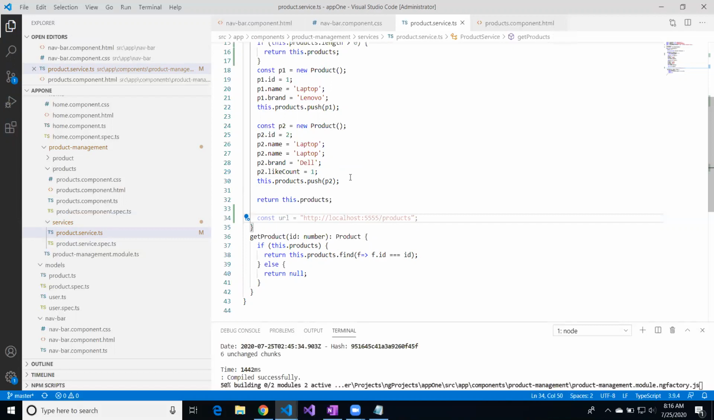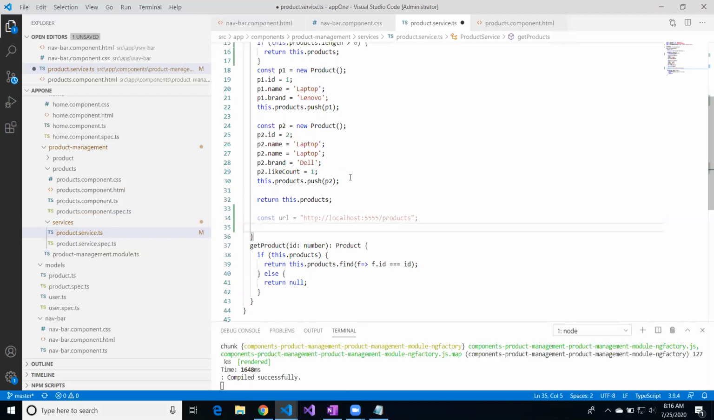So Angular provides something called HTTP client, which is basically a shortcut or a mechanism to query this particular URL using one of the HTTP verbs or one of the action methods. And those action methods are, okay,